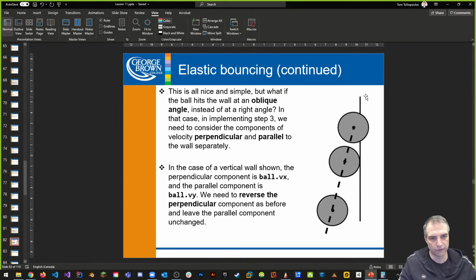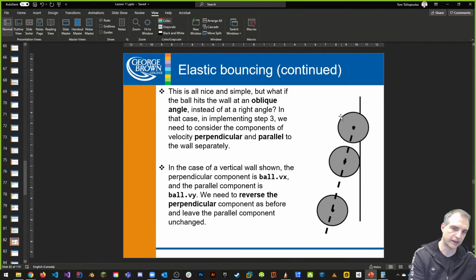If the ball is hitting a vertical wall, a wall that's going up and down, then it's going to reflect across the horizontal, which means whatever the energy is across the x-axis is going to be reversed. However, the energy across the y-axis is still going to remain the same, given that there's no energy loss. So if there's no energy loss, we're going to have to reposition the ball back out, not only out one way, but back along its trajectory, so that it doesn't stick out.